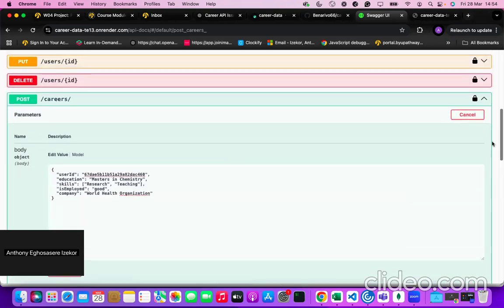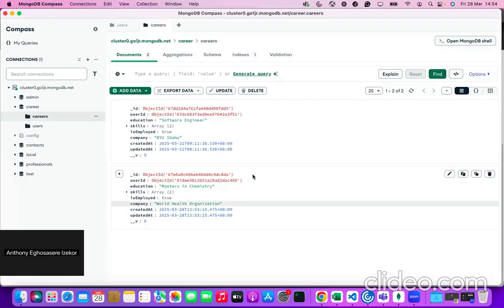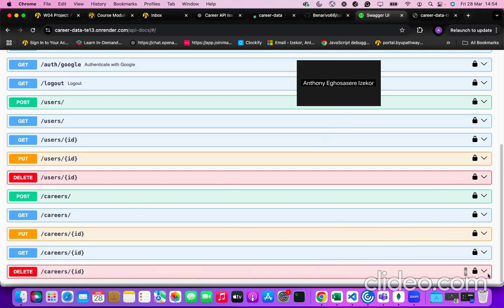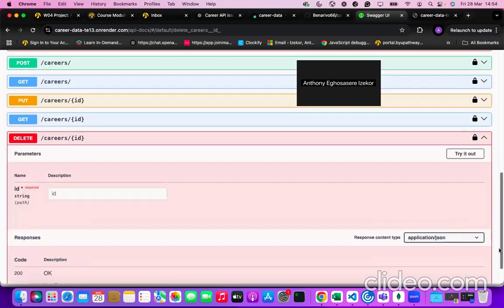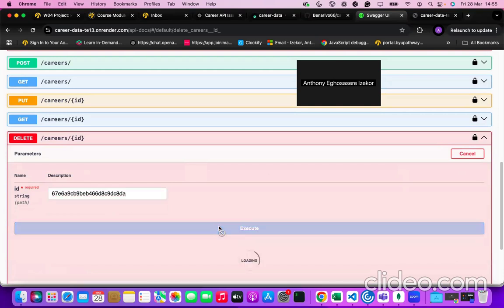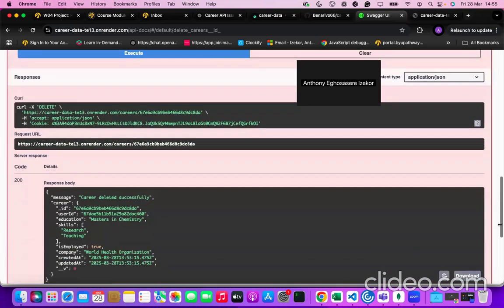Okay, and so we're going to delete that particular carrier. So I'm going to delete it. So let me just get the ID from, this is the ID, C8DA, Command C, copy. And we'll come back to Swagger. So let's delete carrier. Okay, so I have to move this somewhere. Delete carrier, we're going to do this. Check. So we need the ID, we're trying it out. Command V. When we execute this, it gives us a nice message that it has been deleted,